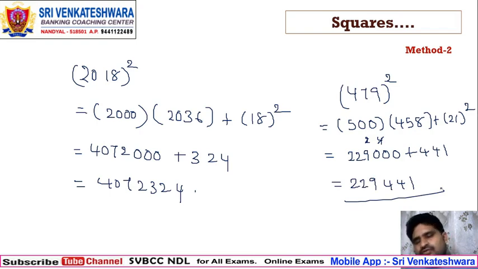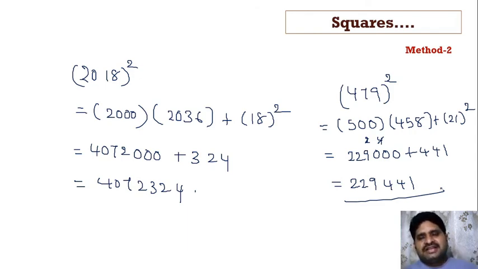So I said there are only 3 steps here. Whatever the square you want to find out, take the nearest round figure for it. That is step 1. Step 2 is, to get the round figure, if you add in the first case, in the second case we have to subtract, and you take the product of the two numbers. The third step is the carrier: whatever addition and subtraction was done, the square of that number we have to add as a carrier. That is the third step. Is that clear? So simply that is method 2 in the case of squares.